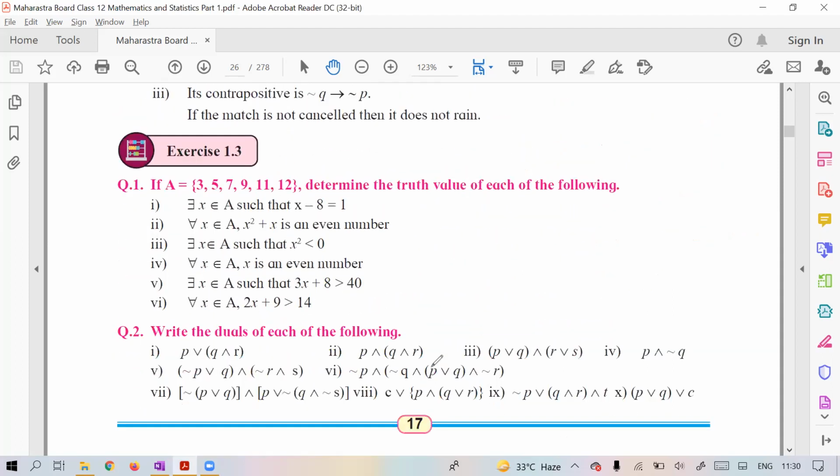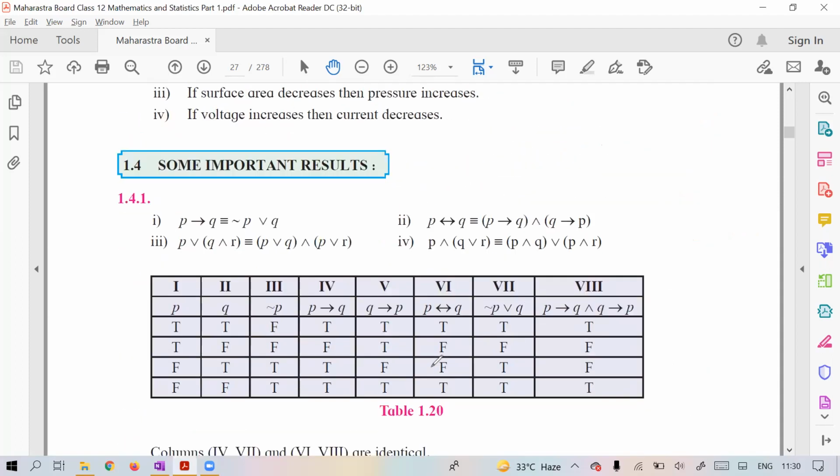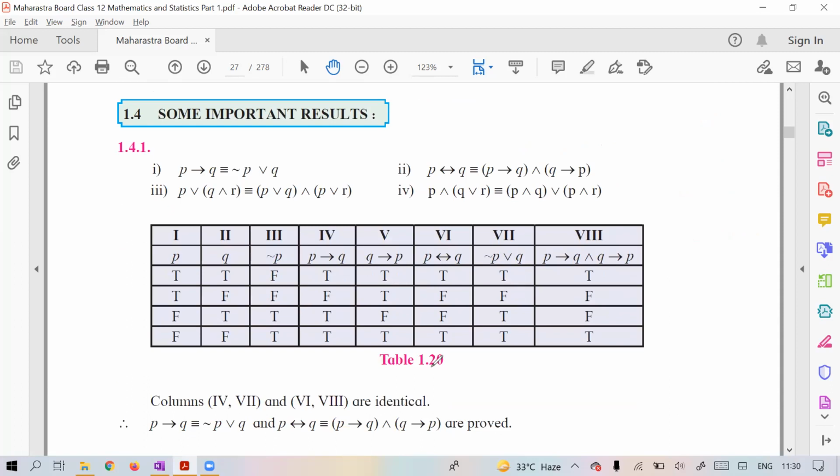So now I will come to the algebra of statements. There are some important results. This will help you when you see questions from Mains or Advanced. This is like the rules from set theory. In set theory, you know the De Morgan's law type thing. Complement of complement is A. Similarly here, negation of negation is the same statement. So you can relate these results to set theory also.